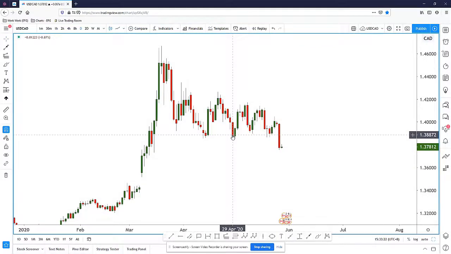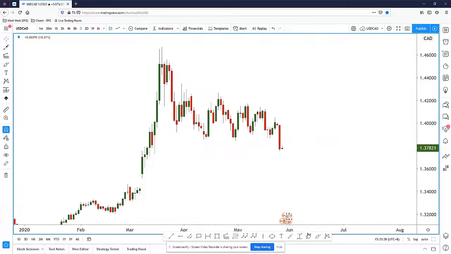Hi guys, for today's trade of the day, I would like to look at the dollar CAD. I chose this pair because there is an interesting configuration on the daily, and especially on the 4 hour. When we zoom in, I think we can find quite a nice trading opportunity for today. Right, so what I want to point out first is that